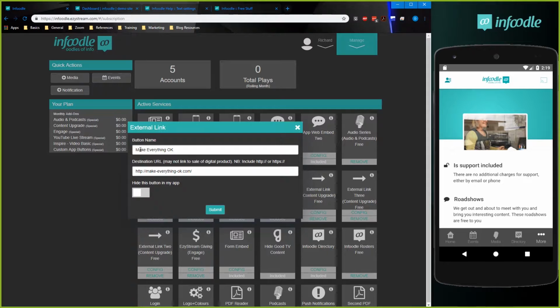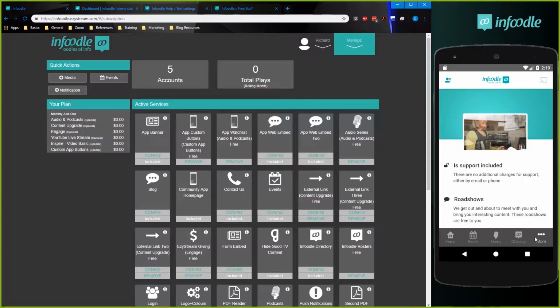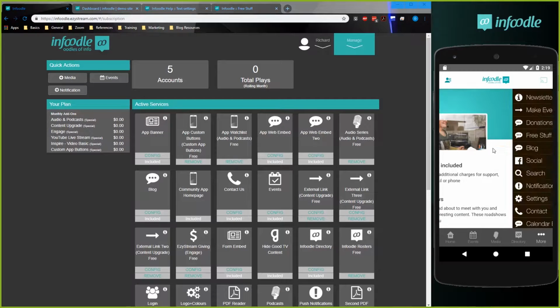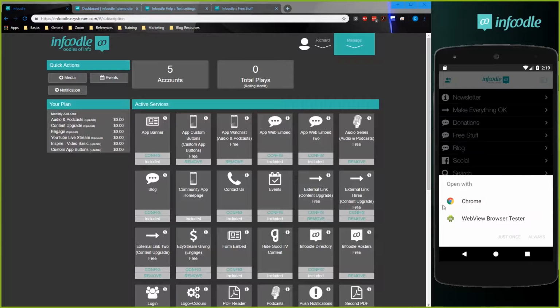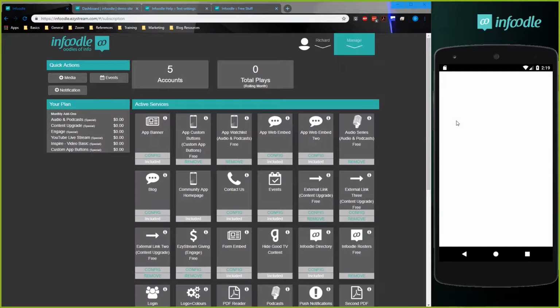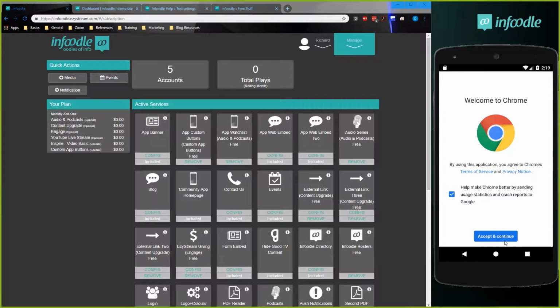we've got one called Make Everything OK, and it's taking us to makeeverythingok.com. So if we look at that, we will see a button over here, and you'll notice it's got that little arrow, Make Everything OK. So when we click on this, you'll notice that, firstly, because this is a brand new digital phone, it's asking me what I want to open it with. So you won't actually get that. There we go. So now it's taken me outside of the,